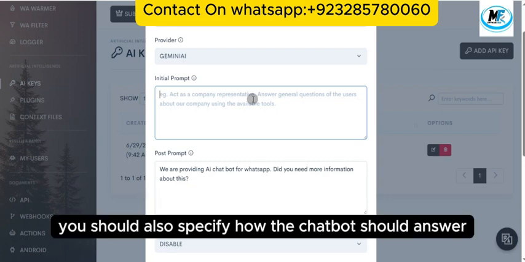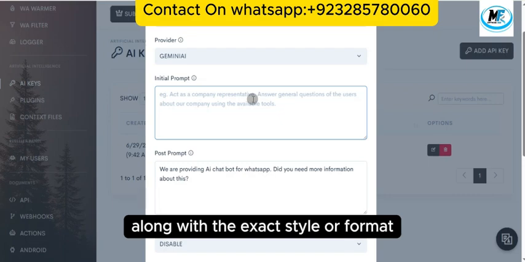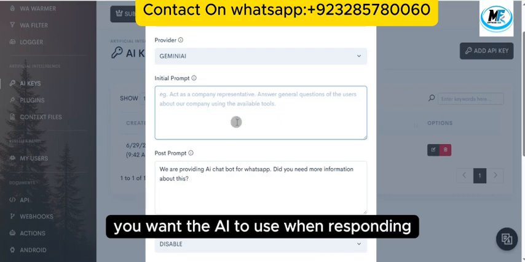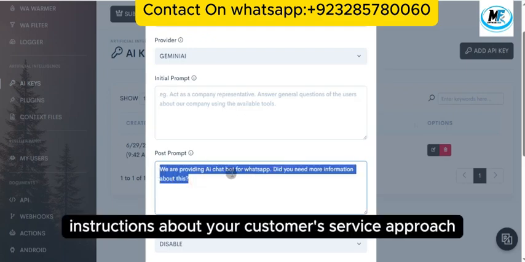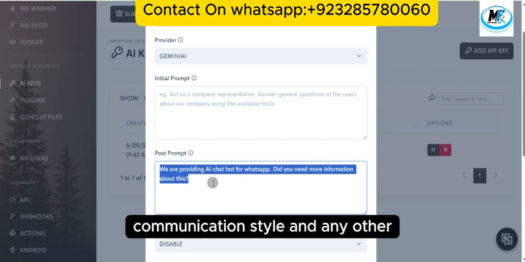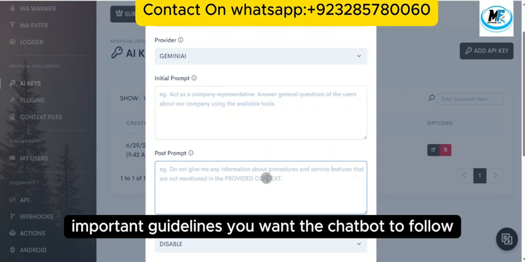You should also specify how the chatbot should answer different types of questions. For example, you can provide sample questions along with the exact style or format you want the AI to use when responding. You should also include instructions about your customer service approach, communication style, and any other important guidelines you want the chatbot to follow.